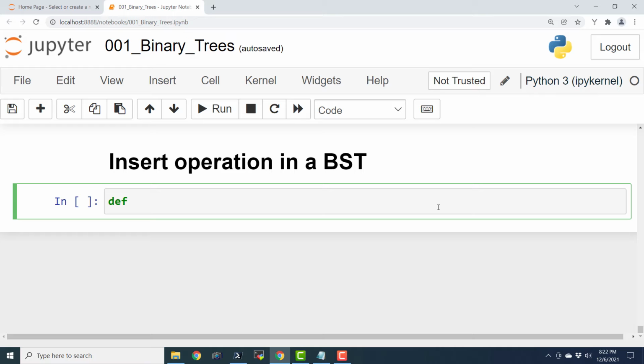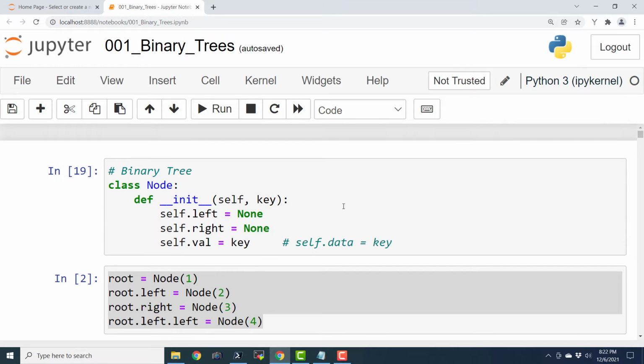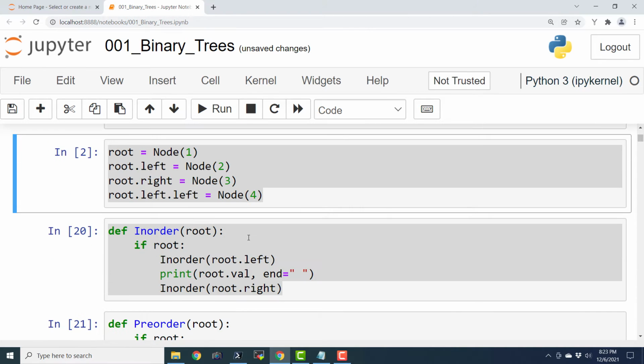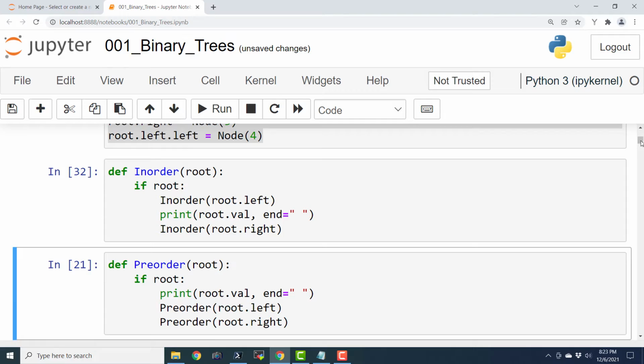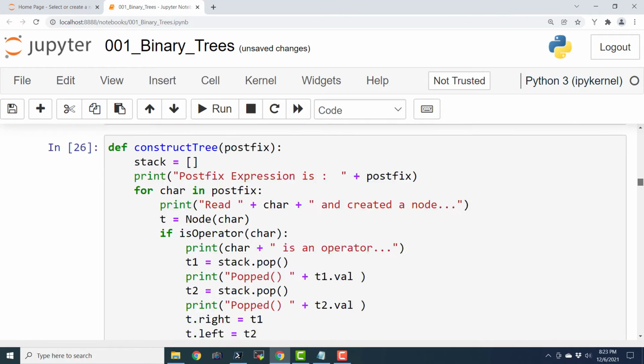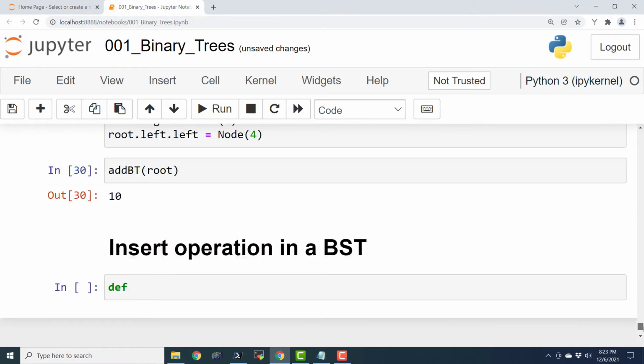We can carry out the binary search operation on a sorted list or sorted array, and we can even build a tree. It is known as a binary search tree, and the time required for searching is very less. I have already defined the node as well as inorder traversal here, so we are going to reuse these two cells, and I'm not going to type in that code again.